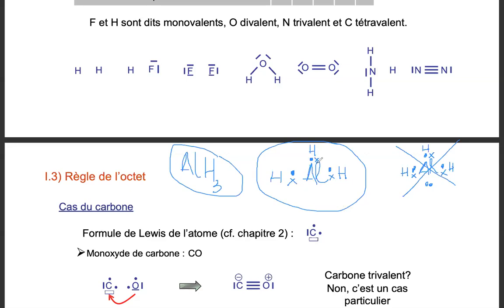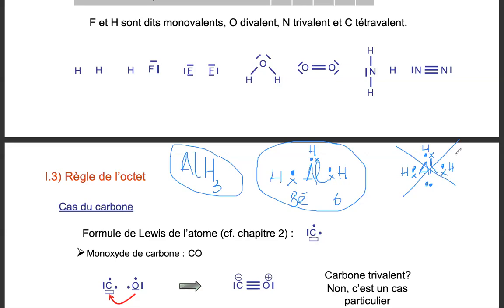So at the end of the day, aluminum has 1, 2, 3, 4, 5, 6 electrons being shared by hydrogen and aluminum itself. And an octet should have a maximum of 8 electrons. So this one here shares only 6 electrons,